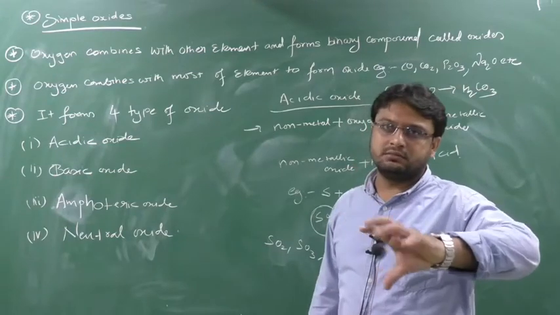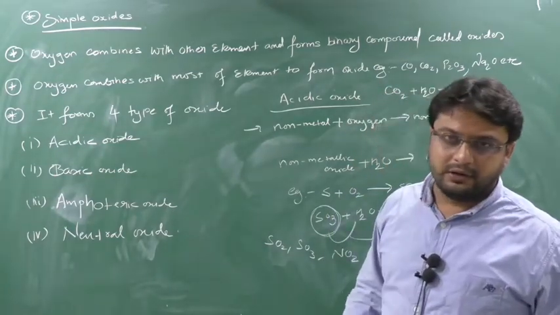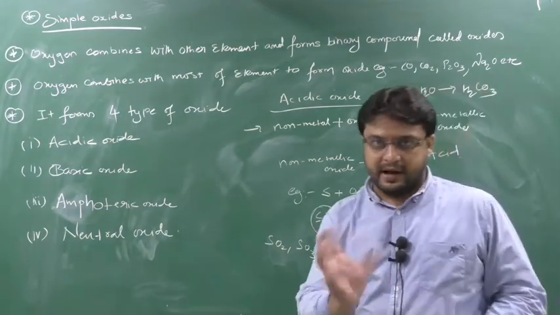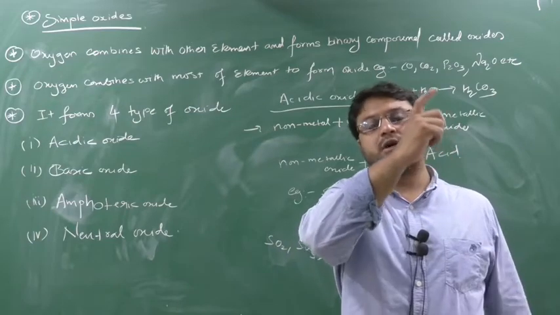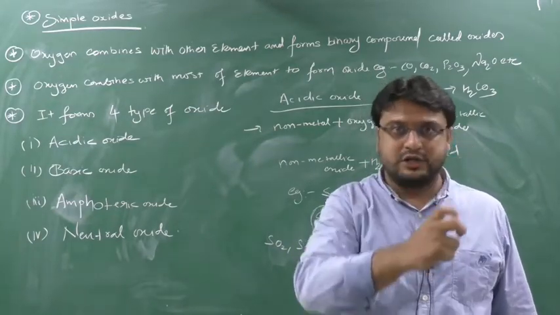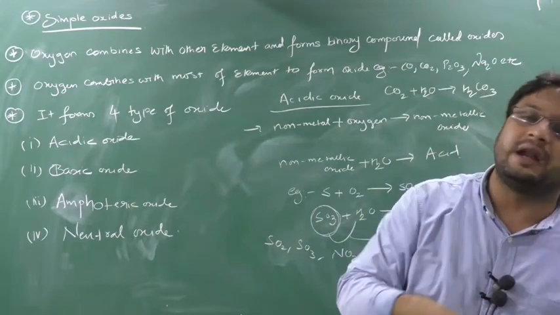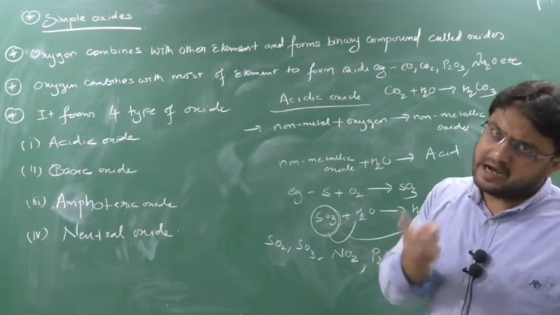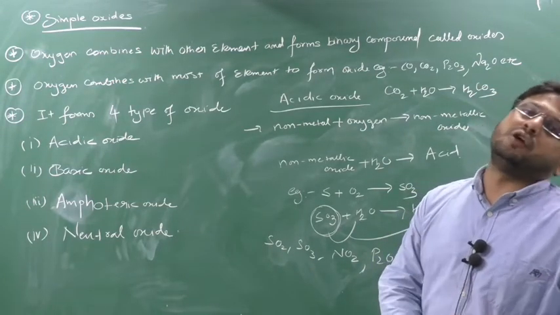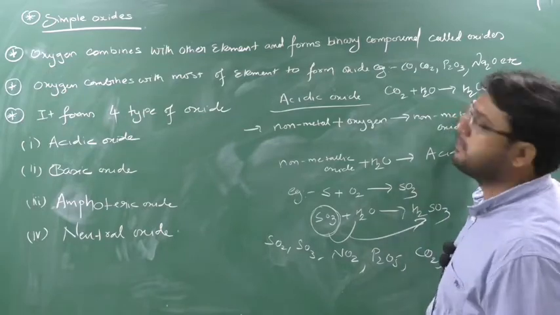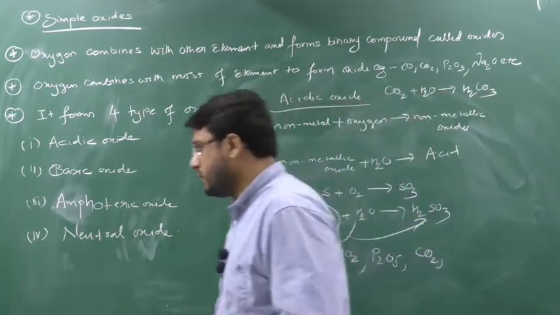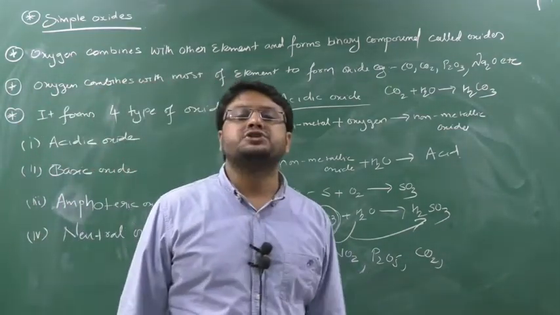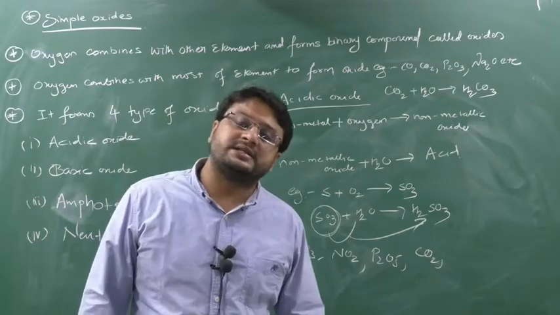Whenever you are going to drink Nimbu soda, what will they do? They will take one glass bottle. In that glass bottle they will put water and enter it in that machine and switch on some button. Some sound will come. That sound is nothing but the carbon dioxide you are entering in that. That carbon dioxide dissolves in water. As you know, carbon dioxide is a non-metallic oxide. So a non-metallic oxide will form what? Acid. So it will form carbonic acid, which we call soda water. Clear this part? So who are the acidic oxides? Non-metallic oxides dissolved in water generate acid, hence non-metallic oxides are acidic in nature.